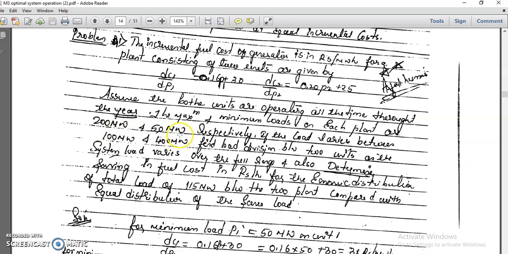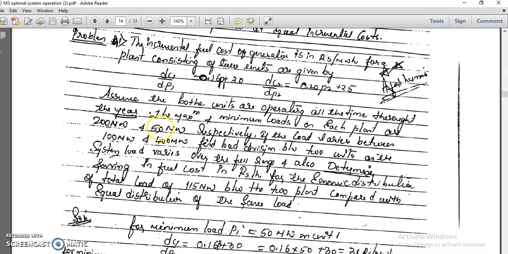Okay, so how do we come to know that? If you add the P1, P2 values, with the plants' minimum 50 and 50, you will see P1 plus P2 is equal to PD, you know. If the minimum is 50, then 50 plus 50 gives 100. That is not the total demand, that is the minimum total demand. And the P1, P2 maximum limit is 200. If you add both plants, 200 plus 200, the maximum limit will be 400. That is how PD will be 400. P1 plus P2 is equal to PD at the maximum limit. So if you add the plant limits, you get the demand limits. So P1, P2 limits are given equal. P1, P2 vary between 50 to 200 megawatt, and demand varies between 100 to 400. Keep that in mind.